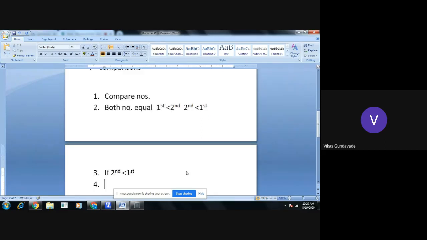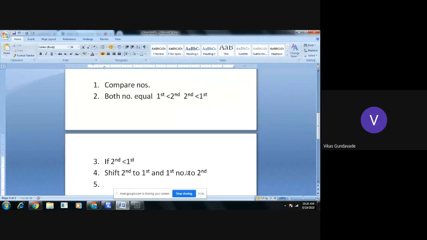We need to shift the second number to the first position, and the first number to the second position. After making this modification, we need to again recompare all the numbers. So everyone is getting it?